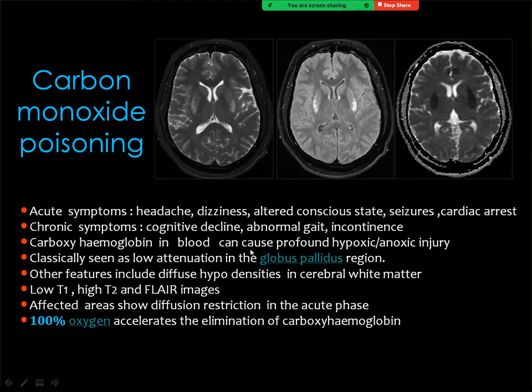Carboxyhemoglobin in the blood can cause ischemic anoxic injury, particularly in the globus pallidus. The lesions will show low signal in T1, high signal in T2 and FLAIR, and the lesions will show diffusion restriction if the condition is acute, and the treatment is 100% oxygen to eliminate the carboxyhemoglobin from